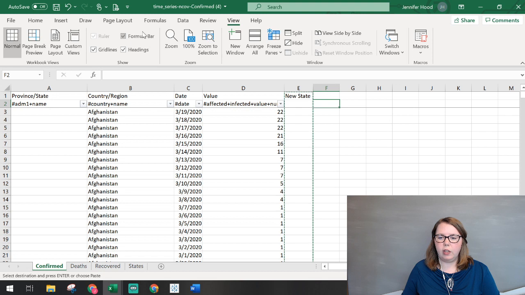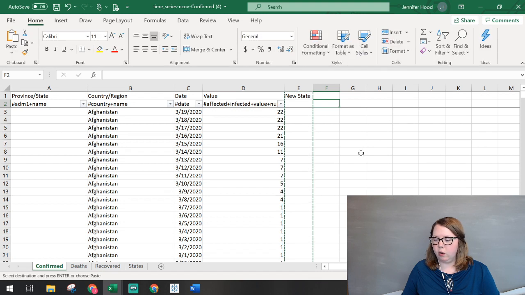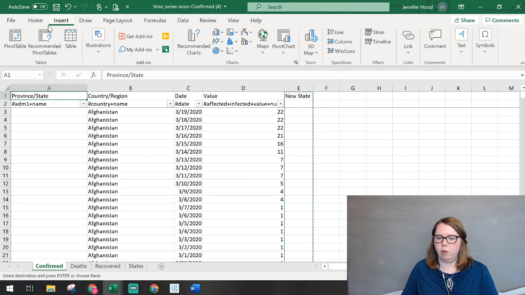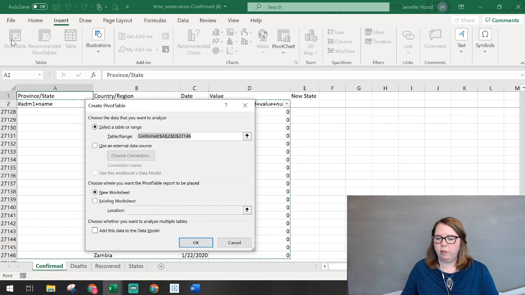There's a few other things that I did as I was working through this file. So I think maybe the easiest thing now to show you, instead of just telling you the other issues I found, is let's go ahead and put a pivot table on this. So we'll start with the confirmed. We'll go over to insert, pivot table. We'll let it auto select. Actually, I want to take,